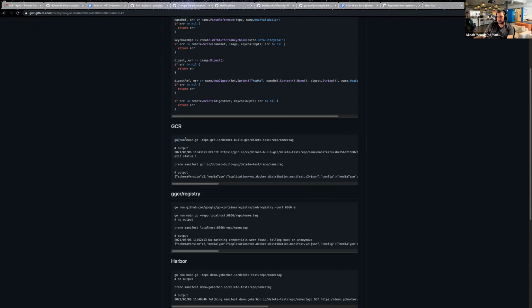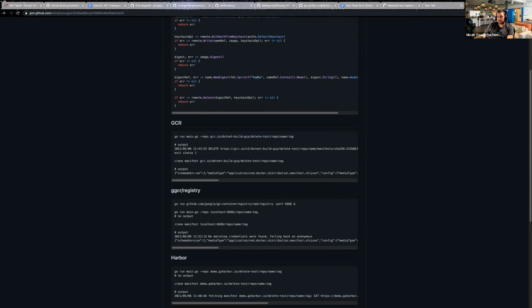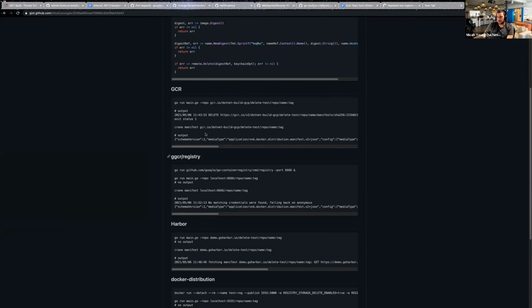So I'm just doing a go around of this main Go with some more harness around it, making a brand new image on GCR and then deleting it by digest. At least for GCR, it leaves the image manifest there. The hypothesis, at least for me there, is that I guess it does return a dangling manifest tag response. But yeah, the manifest is still there, which is weird, when you try to query it by the name again.